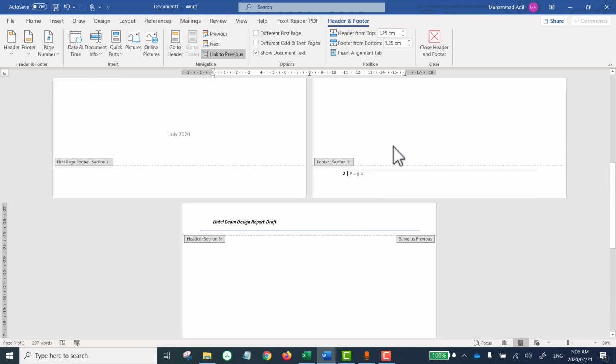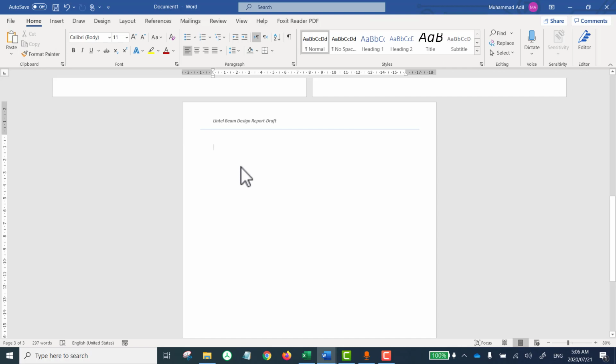So now whatever is done on the previous page will be same on the coming pages. So here we'll have table of contents,